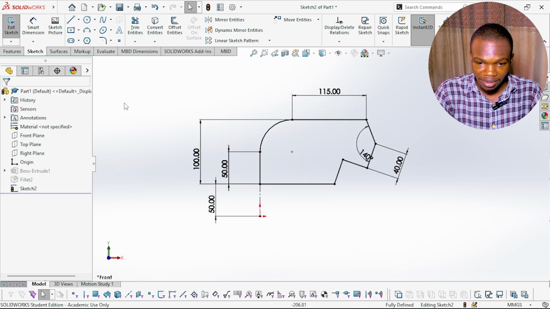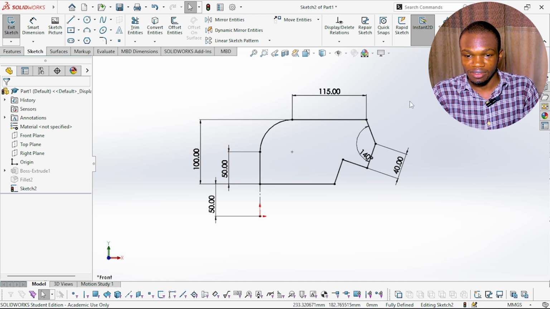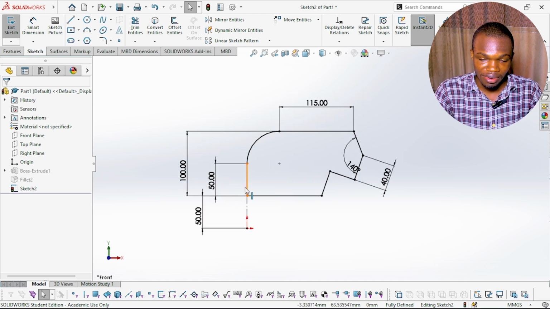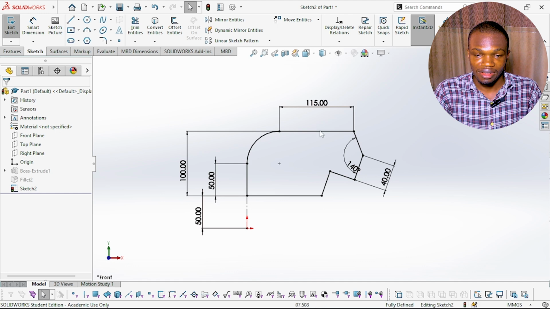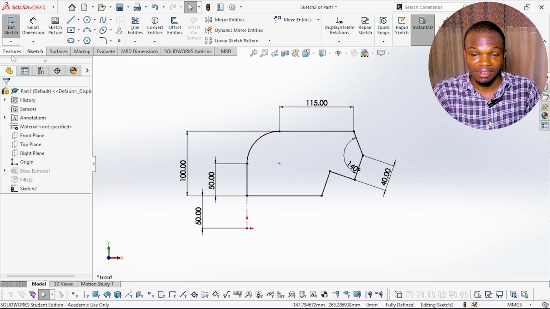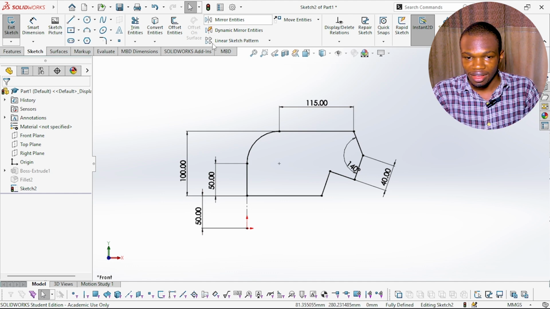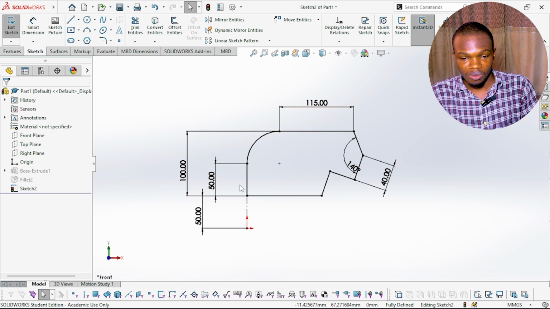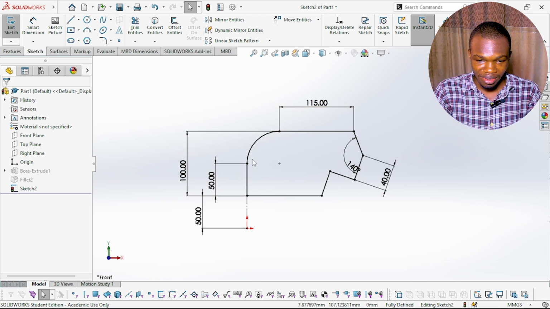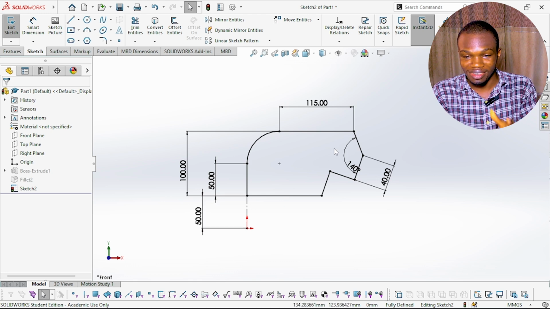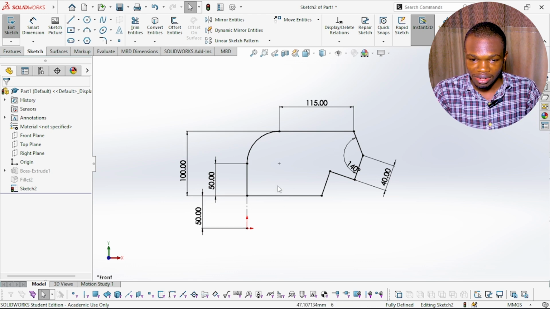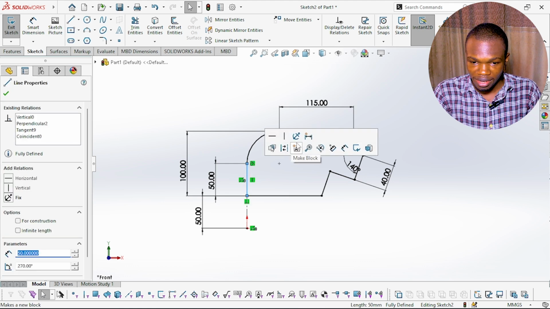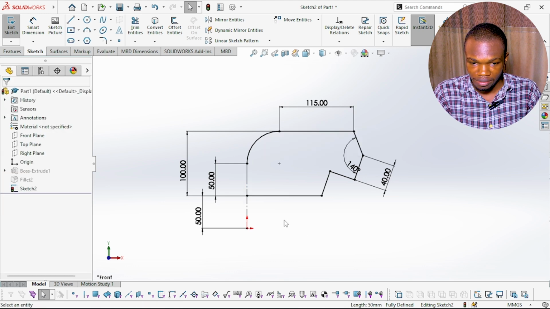And another thing you can learn is using your center line to create sketches that are symmetric on both sides. Now I have something like this, and I want to create another sketch at the other side, but it should be the same as this. All I need to do, okay, let's say, let's make this line and make it for construction. So I can